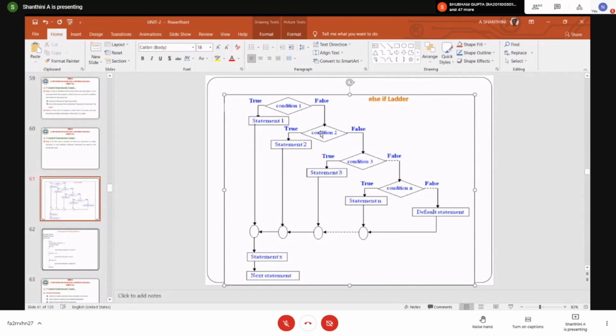You can have combinations of condition checks also. If that is true, you will print first class, or else you will again go for a condition check of else if. Else if the mark is greater than 50 and the mark is less than 59, that comes under the category of grade 2, that is second class. You print second class and then complete.